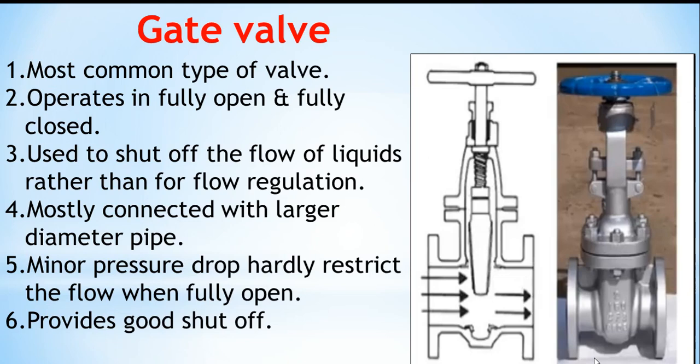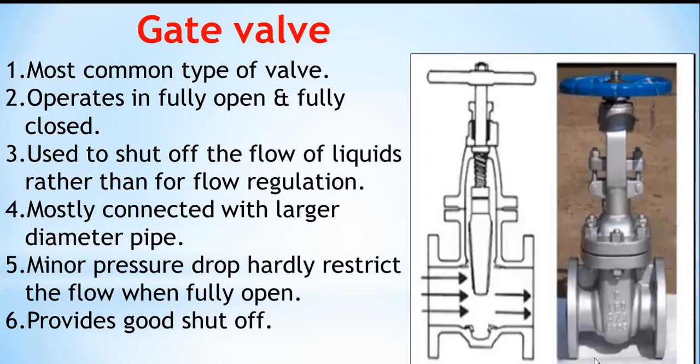When it goes vertically upwards, the path is open for the fluid to flow. The main characteristic feature of this kind of valve is that it is either fully open or fully closed. There is no intermediate position of this valve,